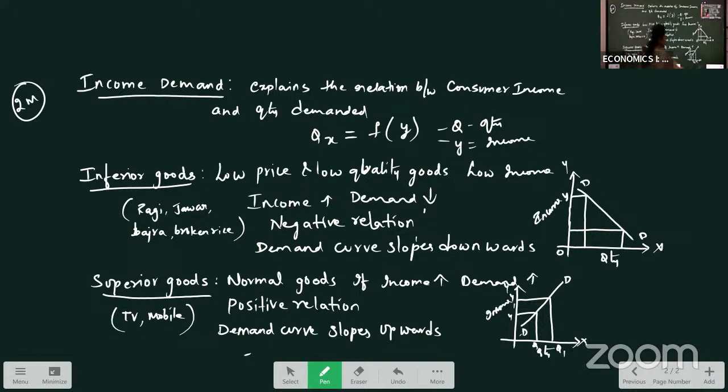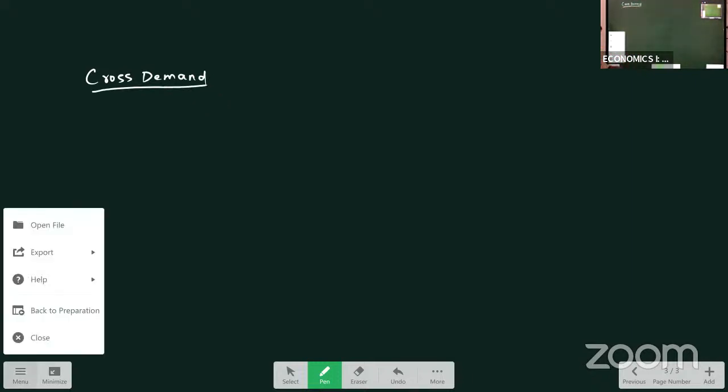Okay. So, the next concept we are having is cross demand. As we have studied, 3 types of demand are there: price demand, income demand, and cross demand. Now, as we have studied price demand and income demand, let us study cross demand. What is cross demand? It explains